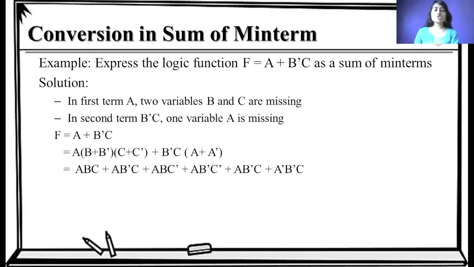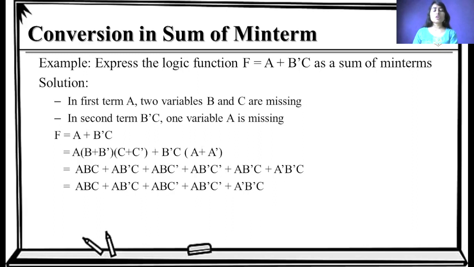It is compulsory to maintain order. For example, if one term has an ABC format, then it is compulsory for all the terms to be in the form of ABC, whether inverted or in normal form. We have to maintain this order A, B, C. And if we have a term like BAC, then it is compulsory for all the terms to be in the form of BAC, whether in inverted or normal form. Here we use the sequence A, B, C. So this is how all the functions, all the min terms are represented.